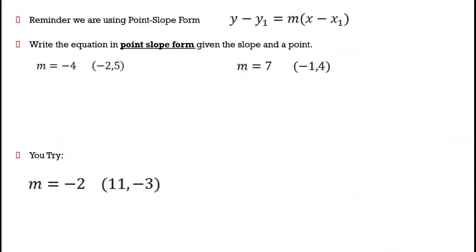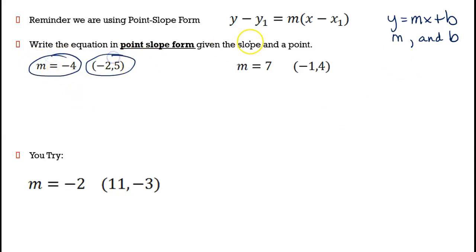All right, I want to remind you why we use point slope form. Remember, slope intercept form looks like this. We use that when we have the slope and the y-intercept. But we won't always be given the y-intercept. Sometimes we're given something like this, where we have a slope that's equal to -4 and a point. Remember, mathematicians aren't very good namers sometimes. They're not very creative. So they came up with this equation called point slope form.